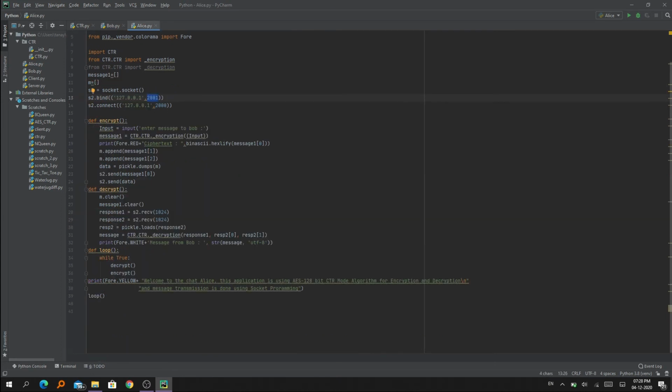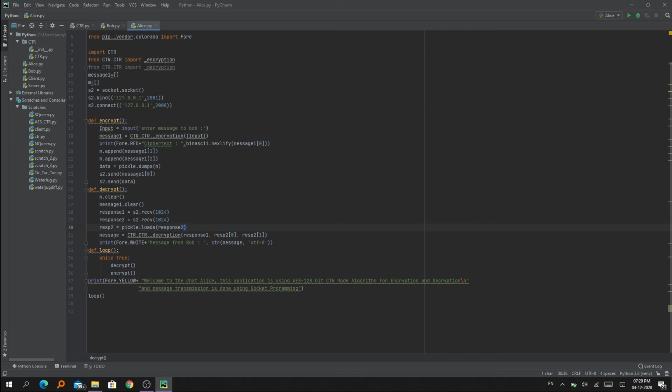In Alice, the message is received through this function called receive of 1024. Over here, the key, the initialization vector and the ciphertext are received, and to send this information to the CTR mode, we are just loading it again with the help of pickle.